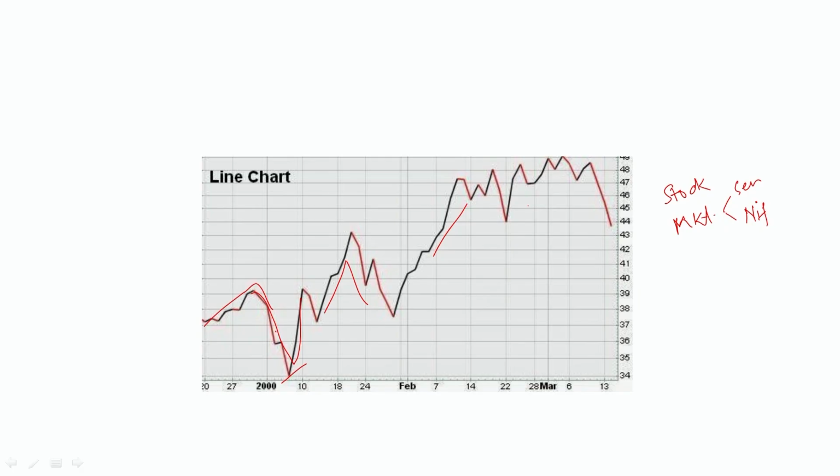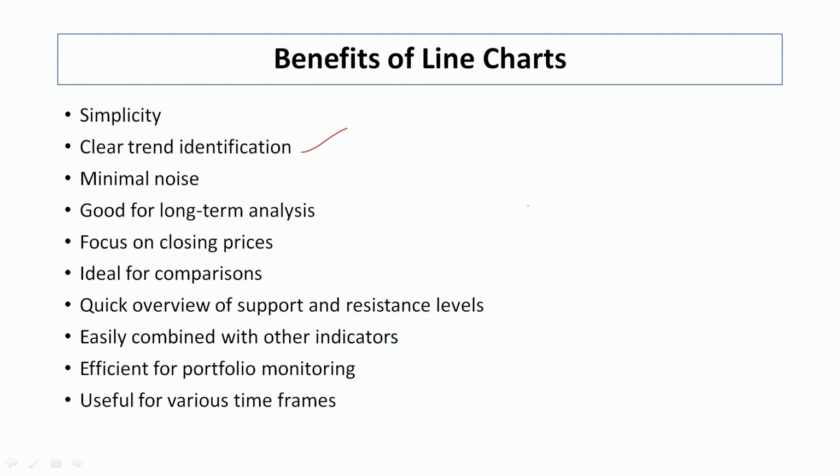So just using the closing price data, we are predicting the future. It has minimal noise because a lot of information is not there. There is no information related to open, high or low data, so the noise is also less in the case of line charts. But if this particular information were there, it would become a very noisy instrument.